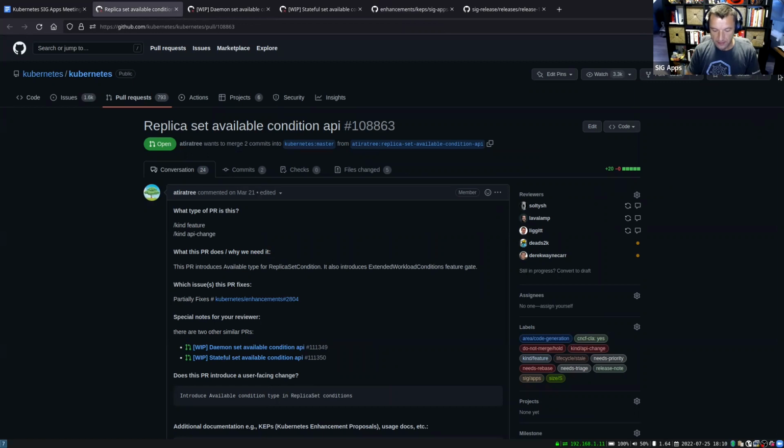Daniel claimed that it is possible for a replica set with a huge number of replicas assigned to it to never get to the available state and rather be at, I don't know, 90% of their replicas